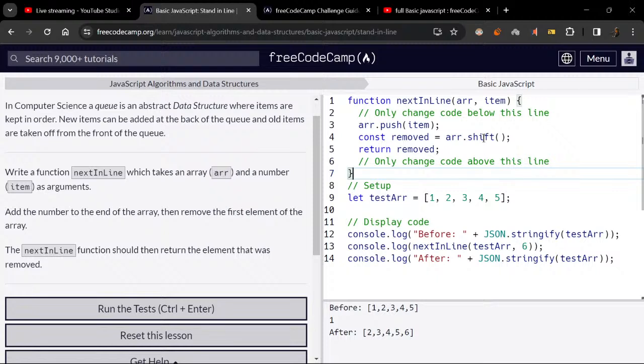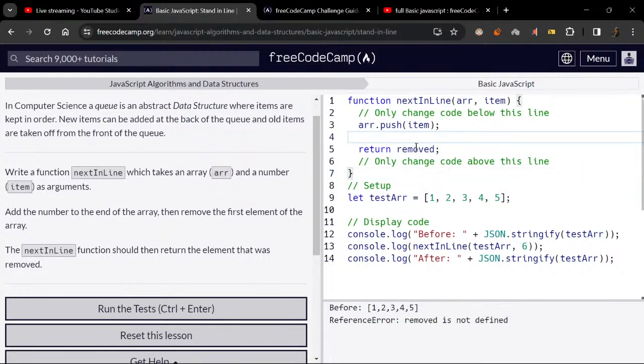arr.push(item), then item. It just adds the element at the end. So if I return only